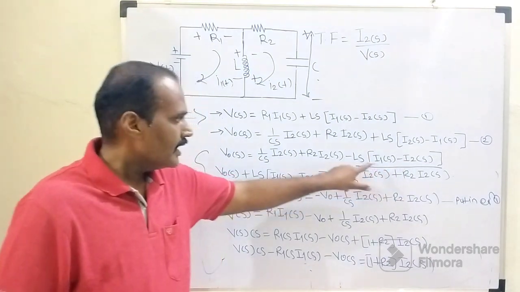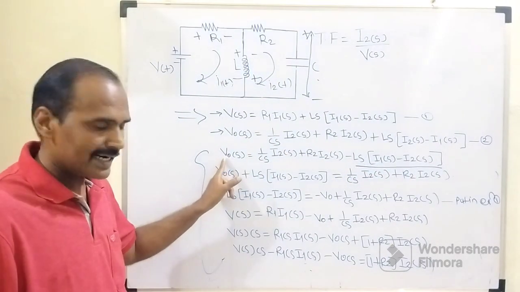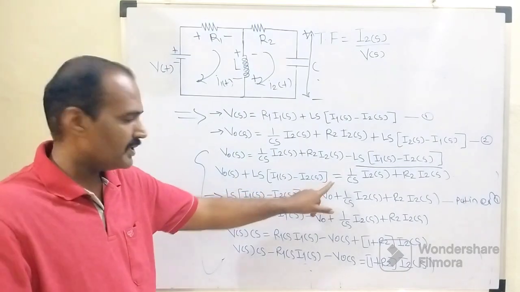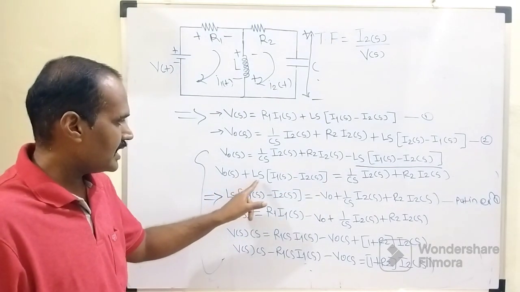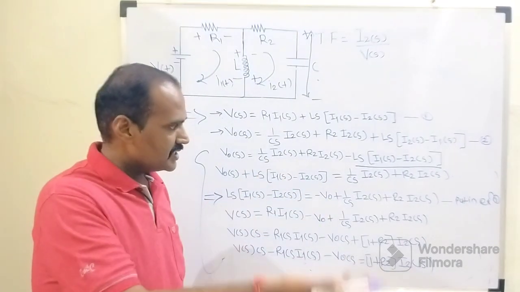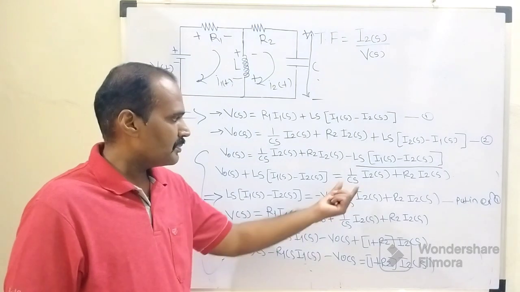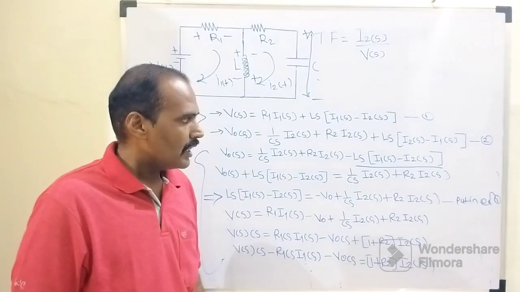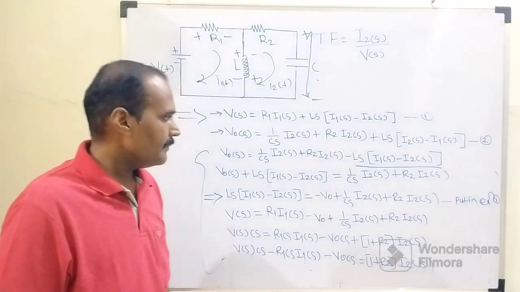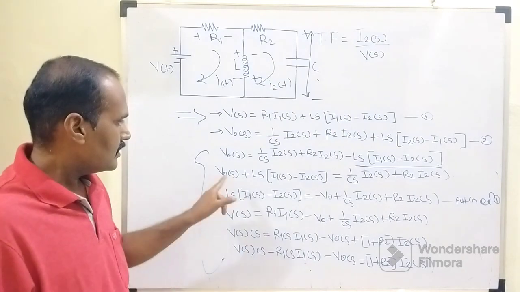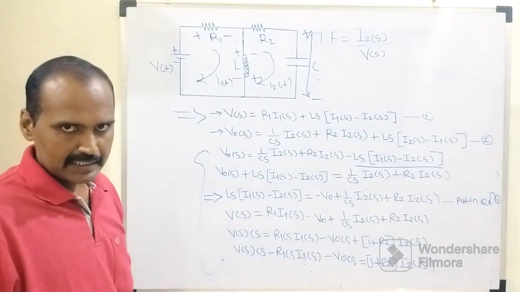Then after that, this whole term is shifted to the right hand side of this assignment operator. As a result of shifting, it will become V0 of S plus Ls into I1 of S minus I2 of S. The remaining term present on the right hand side of this assignment operator will be 1 over Cs into I2 of S plus R2 I2 of S. Then in that next step, this V0 is shifted to the right hand side,